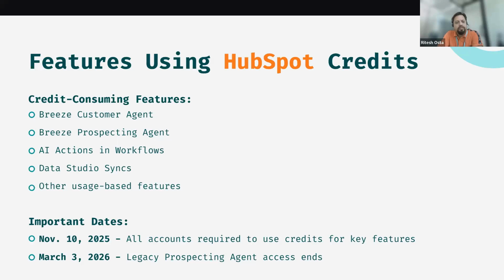So these are the important dates. November 10, 2025, all accounts are required to use credit for key features. And March 3, 2026, legacy prospecting agent access ends. So there was a legacy prospecting agent, whose access is going to end next month. This webinar is being recorded in February 2026. So I think by the time you see this content, the legacy prospecting agent access will already have ended. Okay,